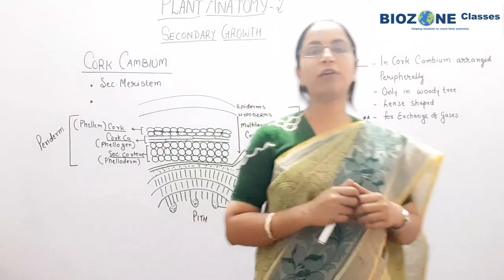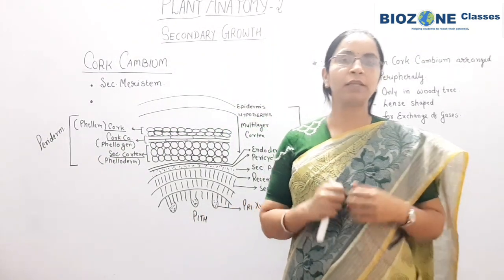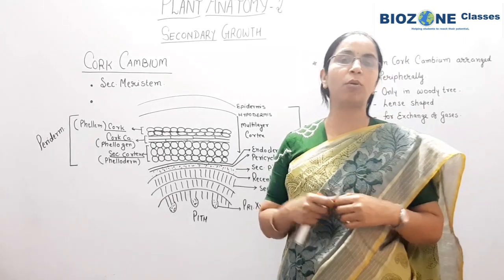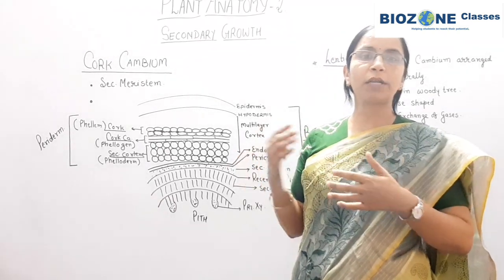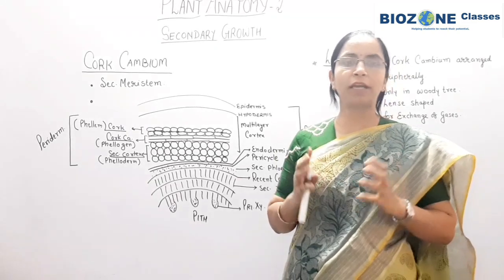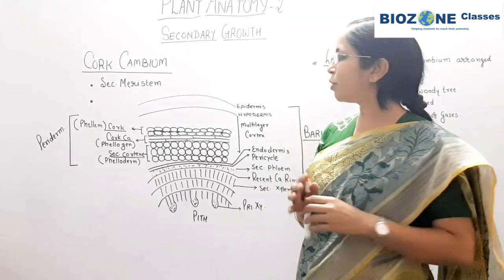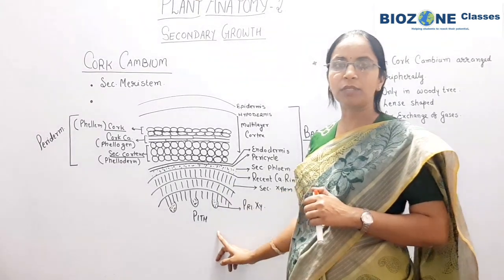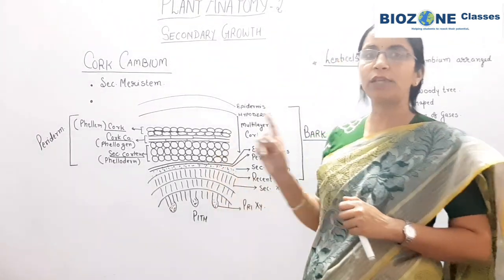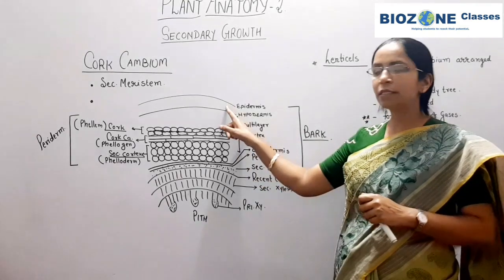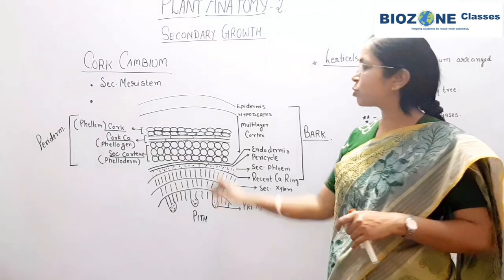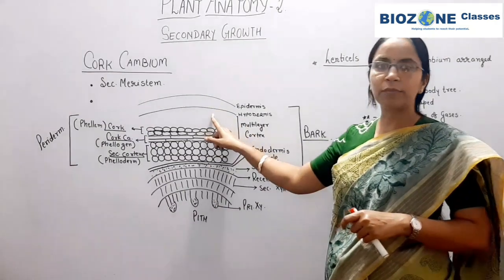Let's begin with the second type of lateral meristem, that is cork cambium. This is one of the confusing topics for the students: where the cork cambium is formed, why the cork cambium is formed, and what is cork, what is secondary cortex. So many confusions are there. So here you remember this is a general structure for the transverse section of the dicot stem. Epidermis is the outermost covering. I am not going to draw the cells here, so I show only simple line diagrams.